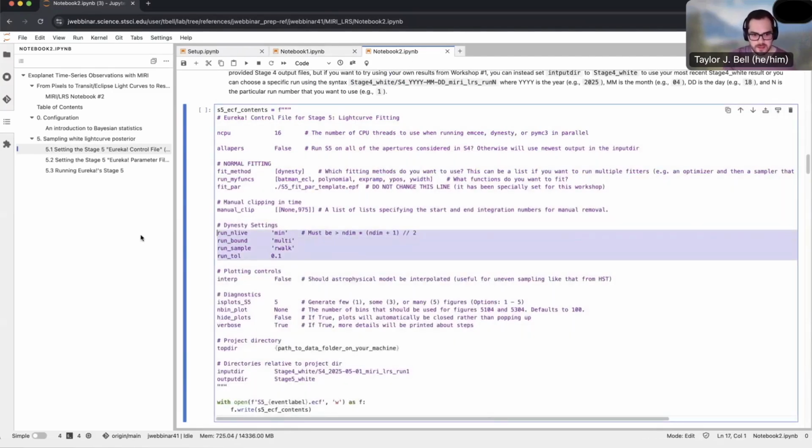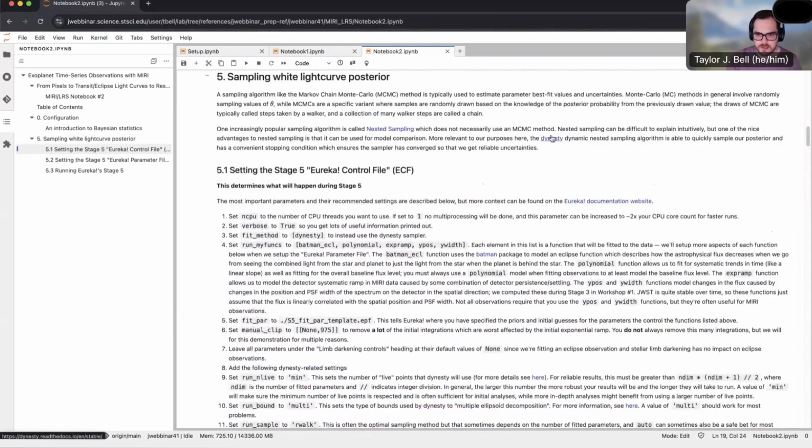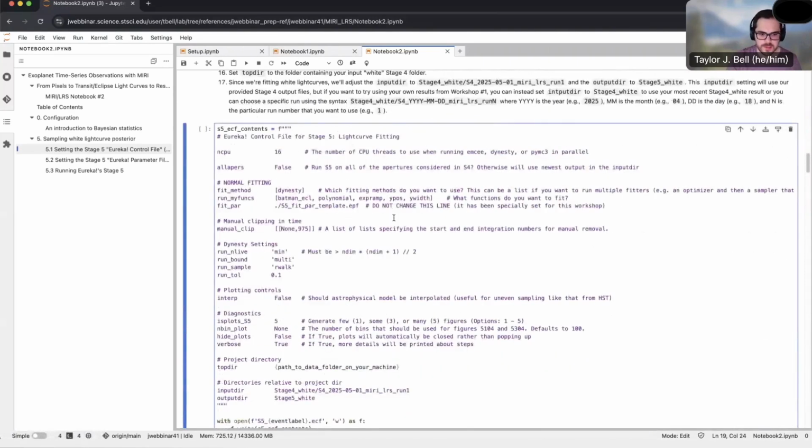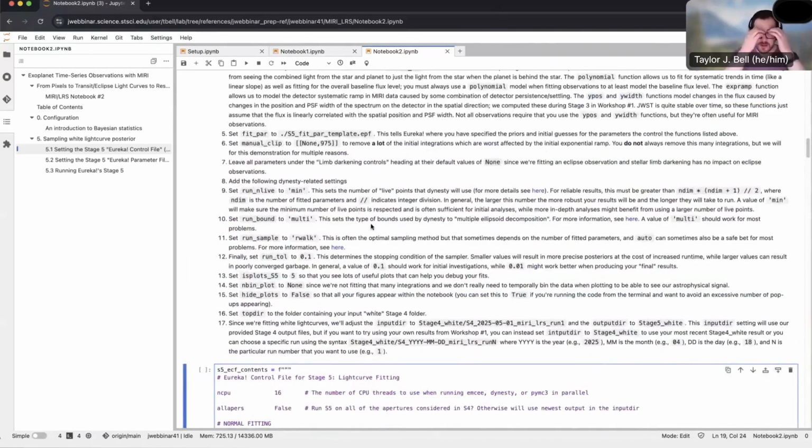And then, as I mentioned, the dynasty nested sampling has this kind of stopping criterion, and that's what this last parameter here is. It's going to say once our estimate of the posterior volume has converged, then you can stop. All of the rest of these parameters are generally good enough for your intents and purposes. But you can read the dynasty link here if you want to learn more about how to use dynamic nested sampling. And that's largely it for these datasets. It's pretty simple,